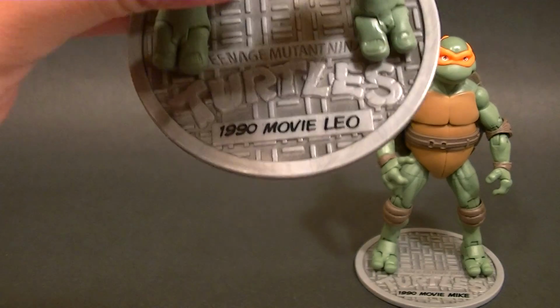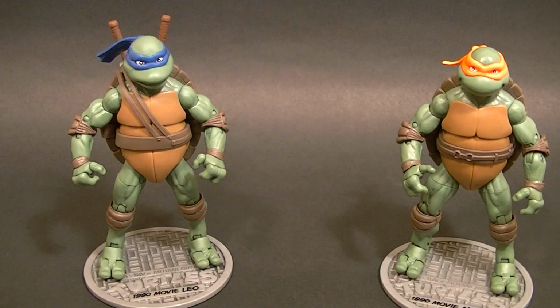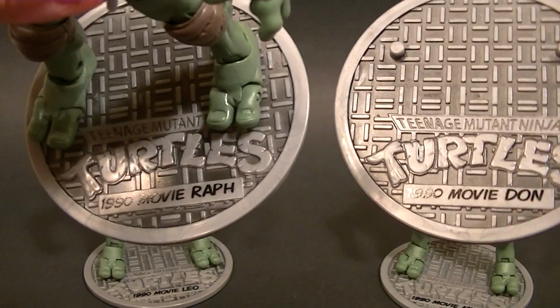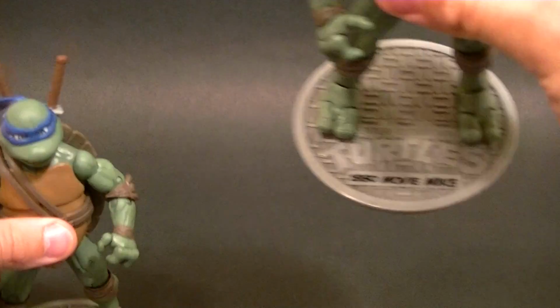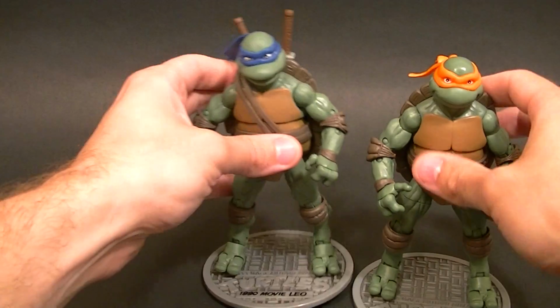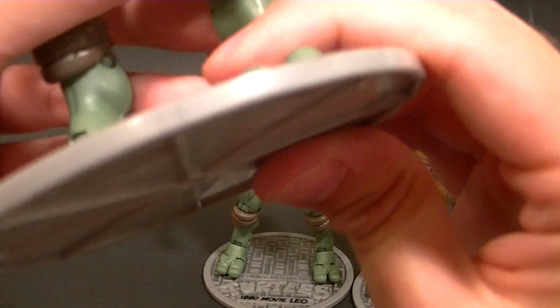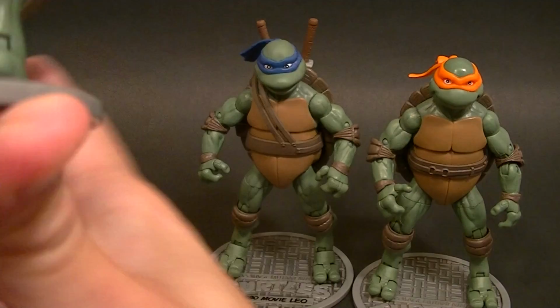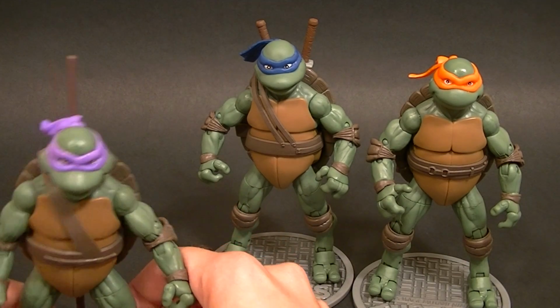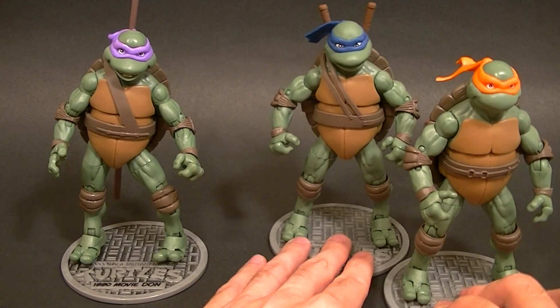It says 1990 movie Don, 1990 movie Leo, Mike, and Raph. For some reason though, Don and Raph have a whole lot of shading in theirs, and Leo has a little bit, and Mikey has almost none, so that's pretty disappointing. I mean, the figures are definitely good enough to pick up if you're a Turtles fan like I am and you grew up on this movie. It's definitely worth getting. Or the set is definitely worth getting, but there's just so much laziness in the design